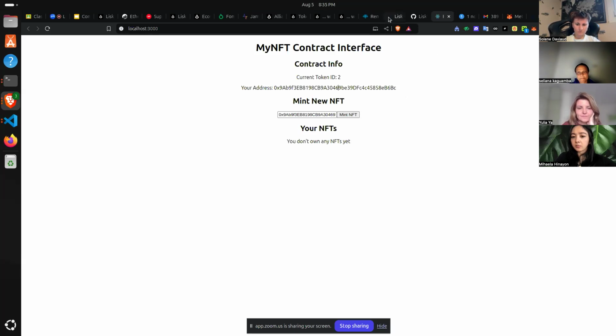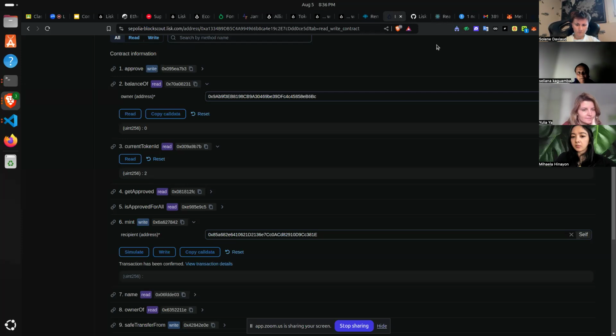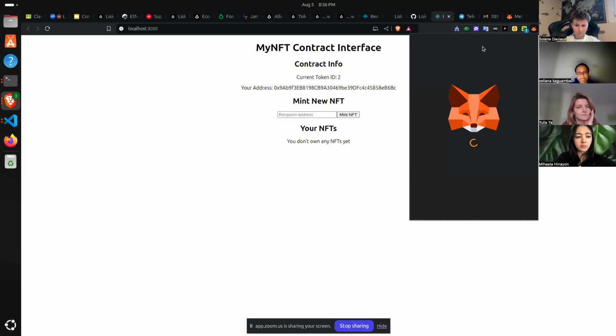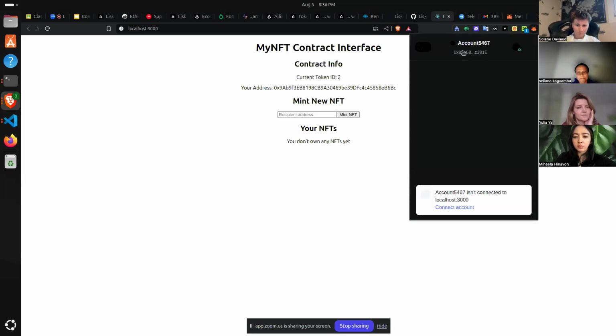MetaMask wallet, which is the same as our Blockscout, whereby you can see the current token IDs are two, and also on the front end side they are two. So let's try writing into a smart contract using our front end so that this data goes to our contract. So we'll just use a different public address and try to